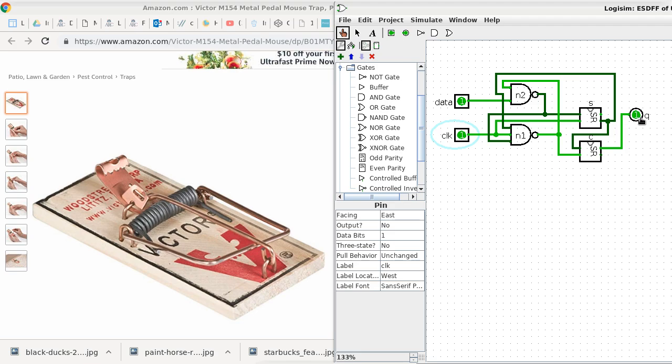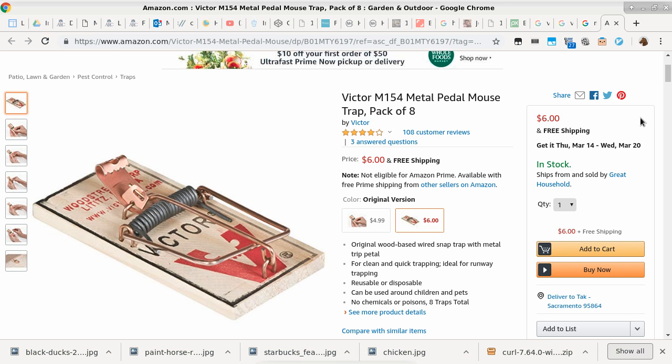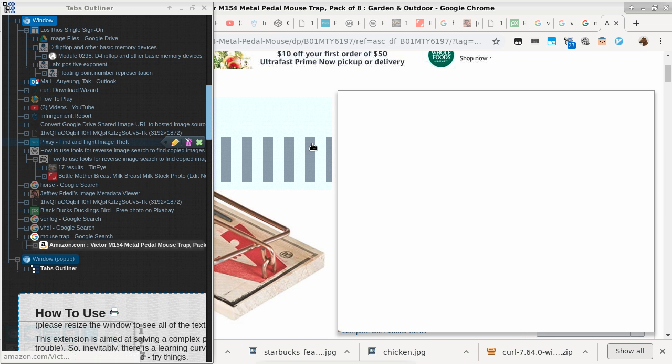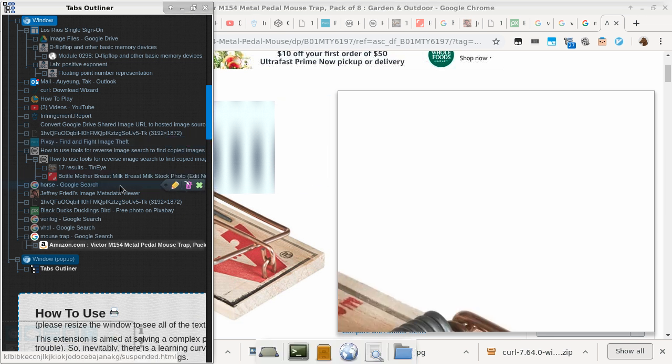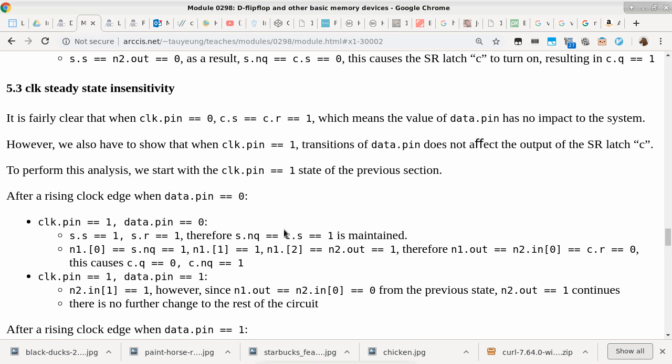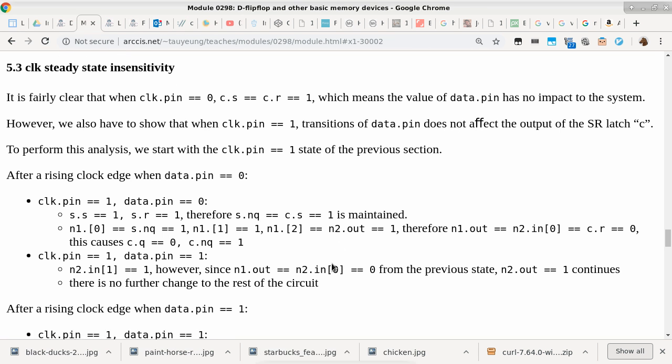So I think we are ready for the next device. I'm losing track of all my tabs here. So let me consult my tabs outliner. This is how I can keep track, or hopefully keep track, of all my windows. There we go. All right. So the next one